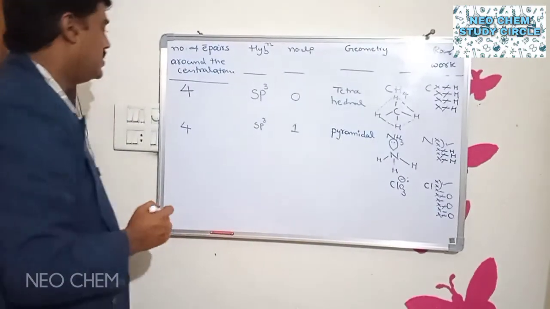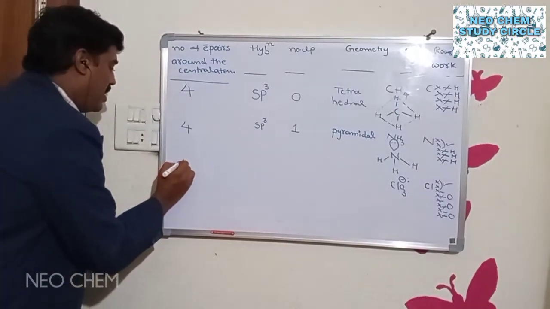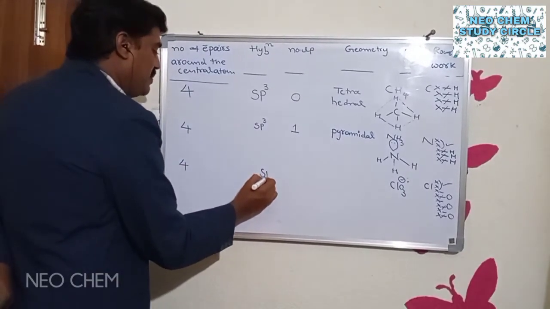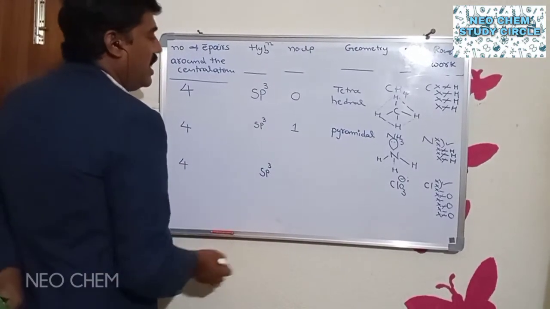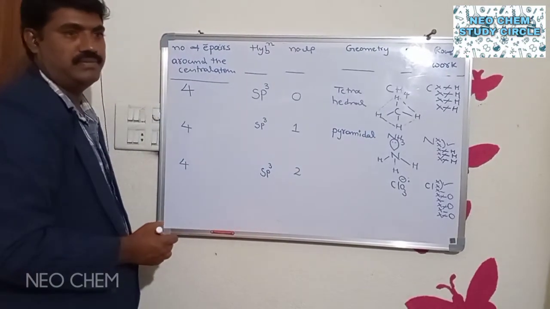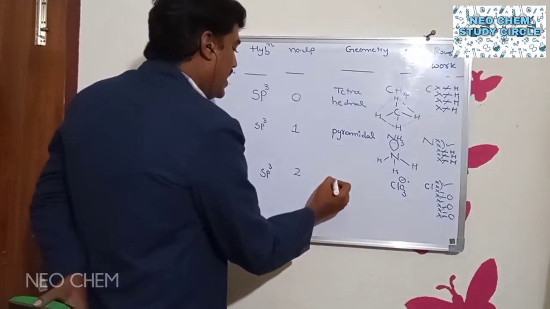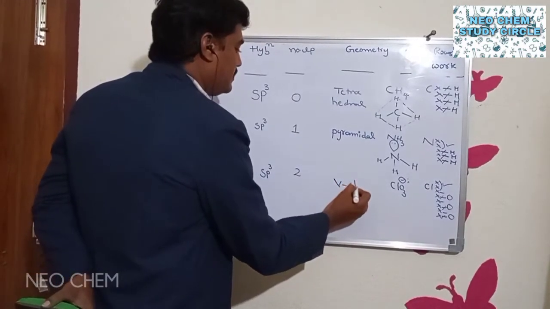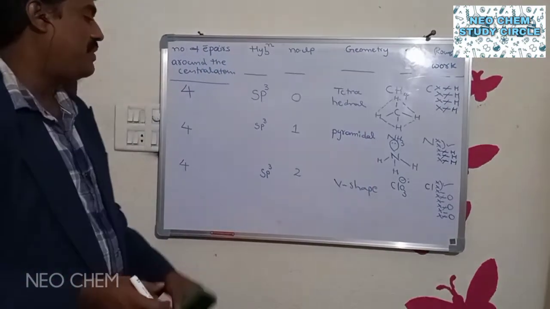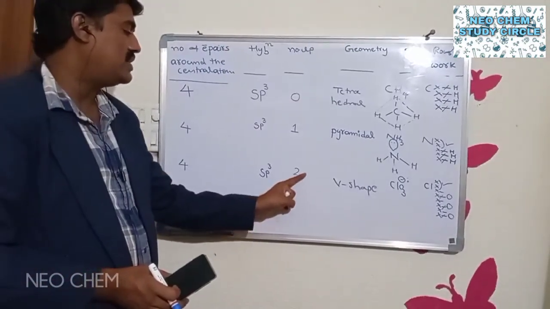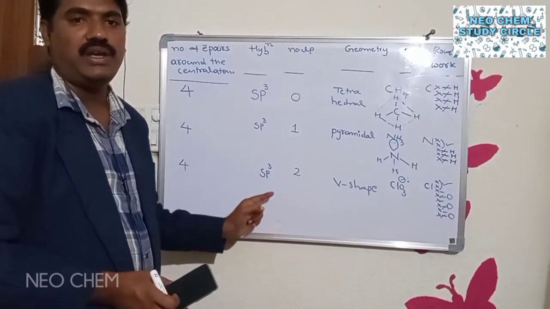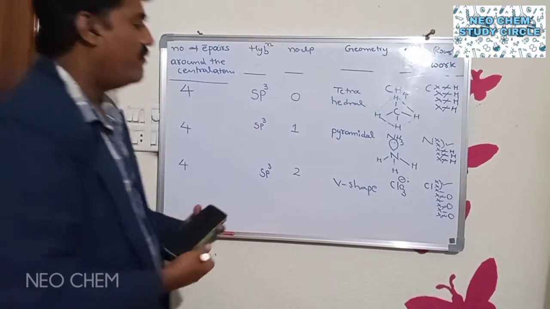Okay. Next, the number of electron pairs is 4. So hybridization is sp3. If 2 lone pairs are remaining over the central atom, then the geometry is V shape. V shape. After sp3 hybridization, if 2 lone pairs are present over the central atom, then the geometry of the molecule is V shape. For example,